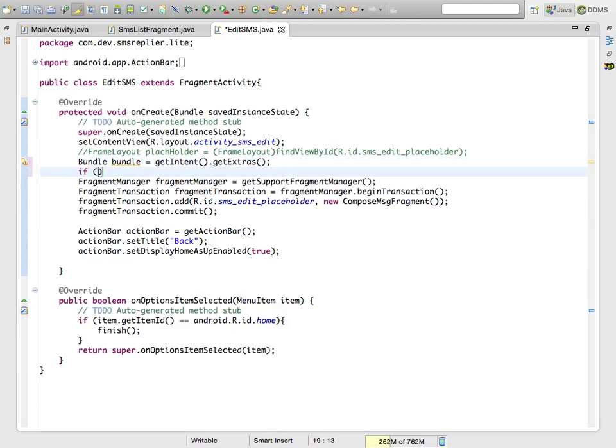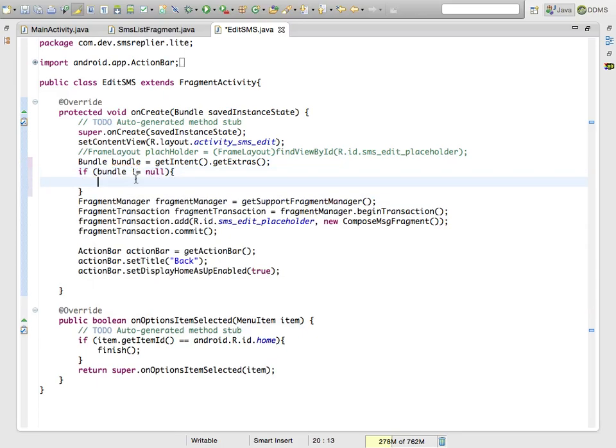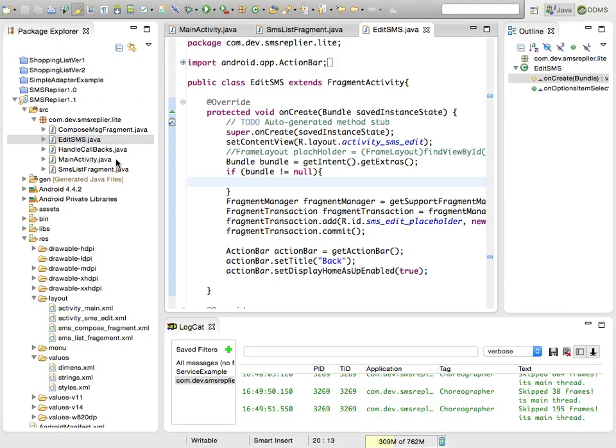If bundle not null, of course, the incoming bundles are coming. Now I can attach those values to a fragment entries. I always recommend using setter getter method instead of having a public variable to be called directly, which will maintain the modularity. So in order to set title and message,